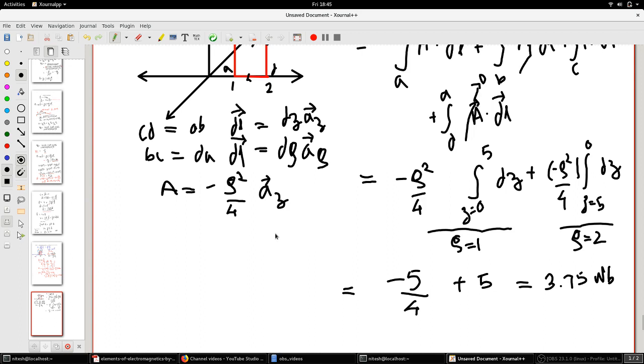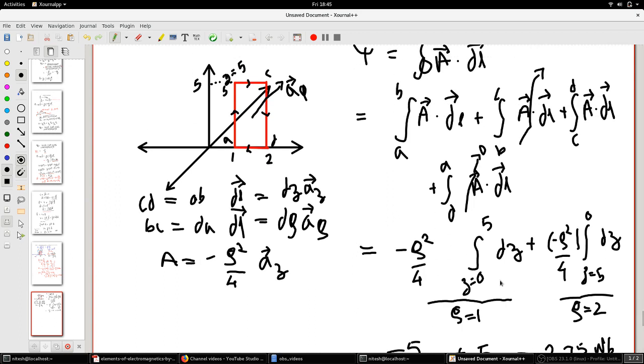Okay, so one thing you have to keep in mind is, in the previous case we had assumed ds in the direction of a phi. So the path which we had assumed for the area integral was this path, because it's always normal. So we'll have to use the same path here if you want to keep it that way. So assuming that the B vector is always pointing in the a phi direction, you'll have to keep that in mind.